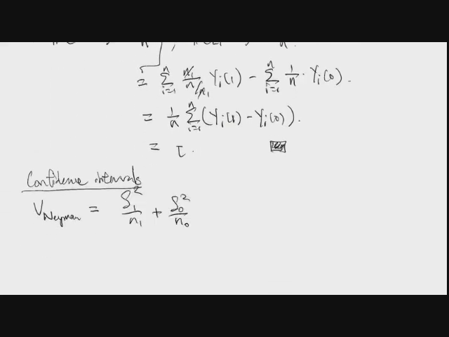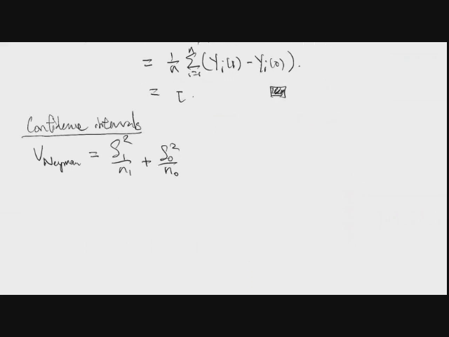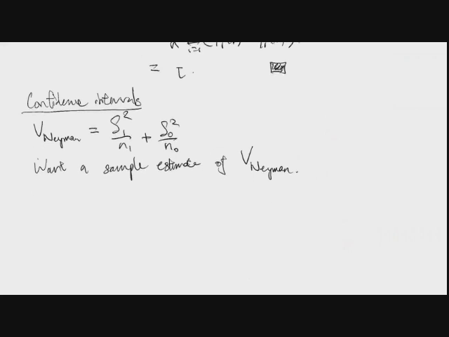Okay, so again, it's an upper bound for the variance of the Neyman estimator. So what we want is a sample estimate of V Neyman. Okay, so let's define our estimator, which we're going to denote by V Neyman hat